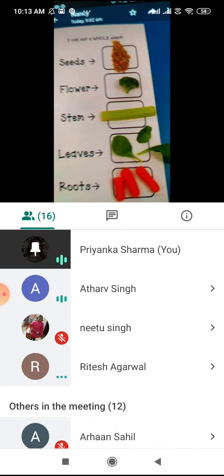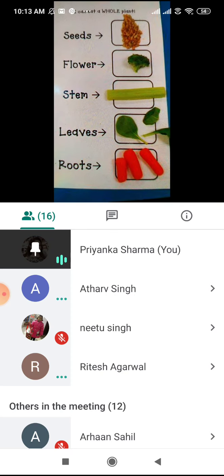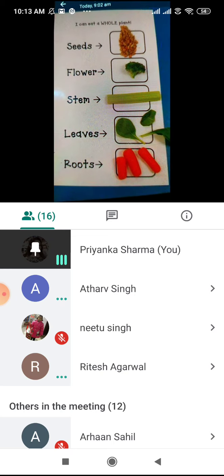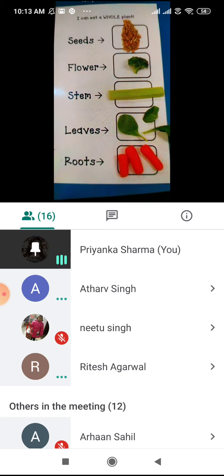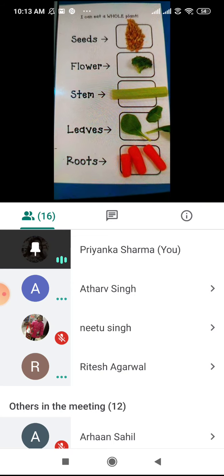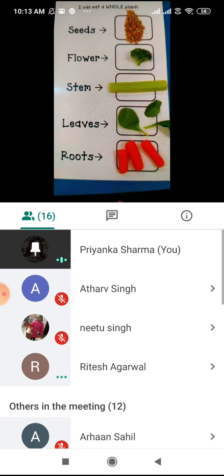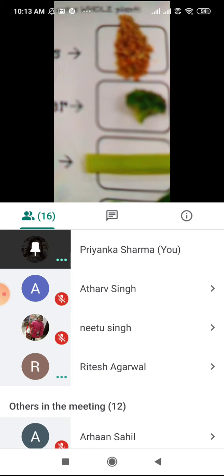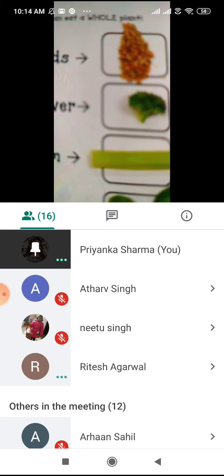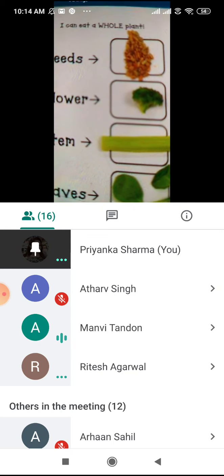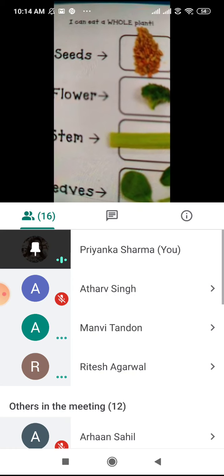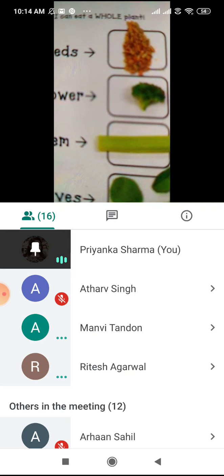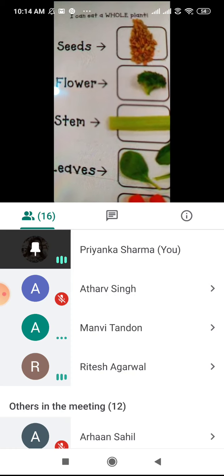Similarly, now see this. This is the activity that you have to do. Means I will give you this chart. You are going to make this same type of chart on a punch paper. You will write seed, and in front of it you will stick seeds. Any type of seed that you eat. You have to stick. First, wrap it in a cellophane paper and then stick any type of seeds that you eat.